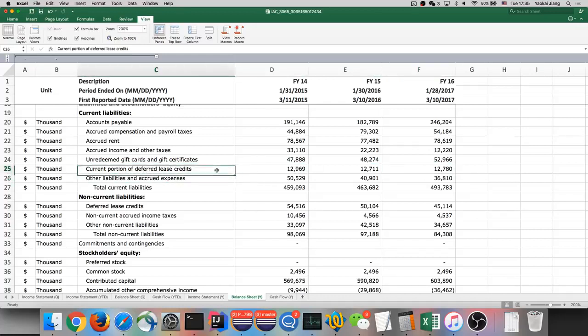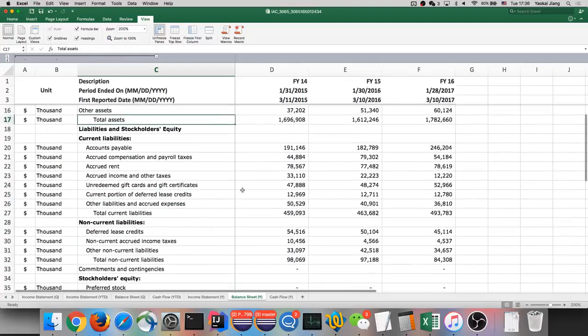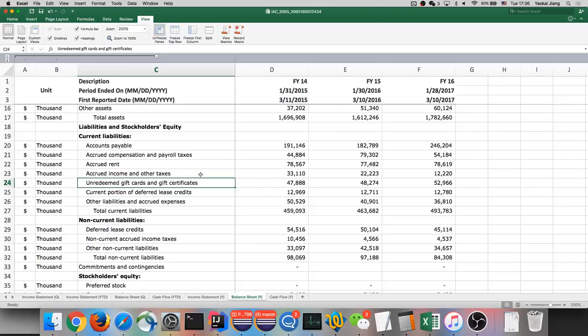Okay, so this goes into lease credits. It's a very small portion of the entire thing, but essentially a lease credit is when I rent a place, I tell the owner, I'm going to renovate your place, but it costs me money, and when I leave, you get the benefit, right? So they're like, all right, then I will reduce your rent by a certain percentage or a certain amount every month or every year because you did this renovation. That's what a deferred lease credit is. And the deferred lease credit should show up probably in other assets. Actually, no, it's not in assets. It's a liability in the sense that